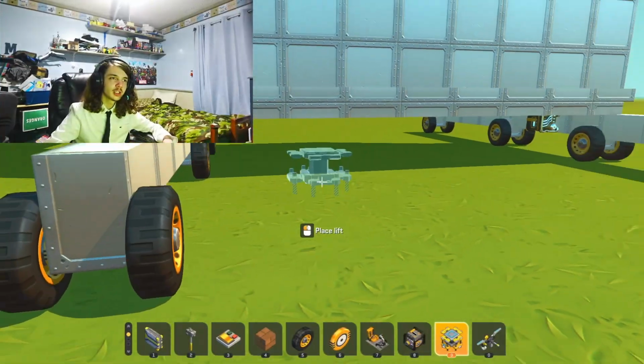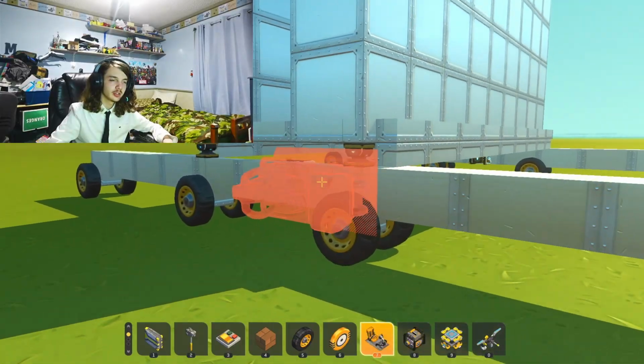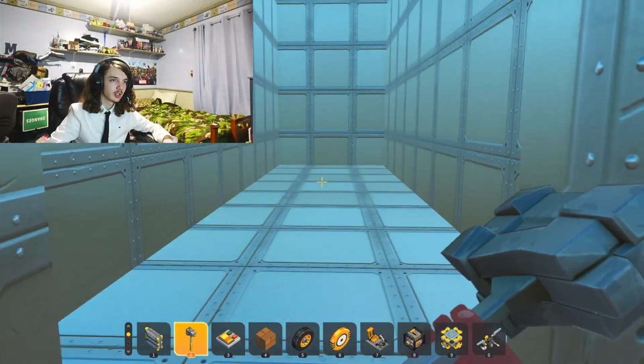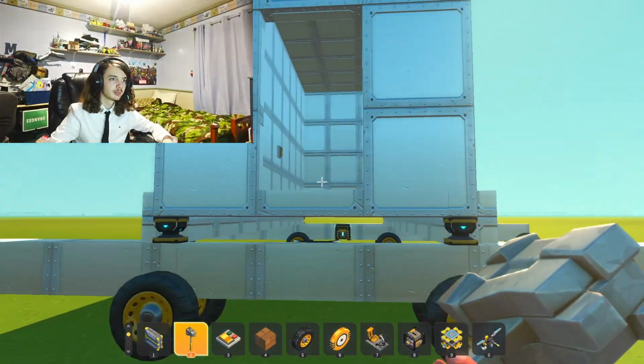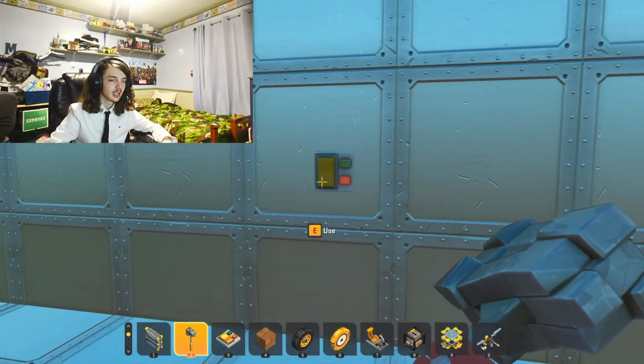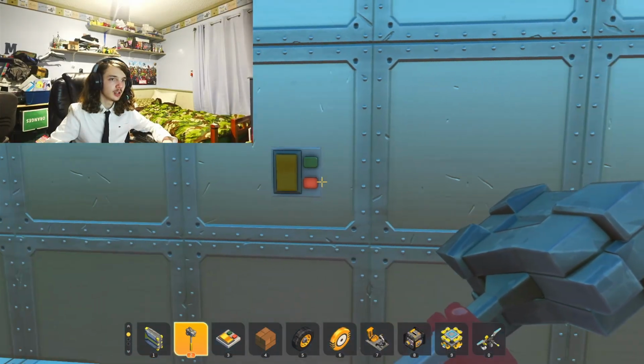I forgot to show you all this, but this is one of my earlier attempts at making a robot. It's supposed to be able to move, but I don't even know if I can get up onto the... Yeah, I can. Alright, so... I don't know what this button does, but...